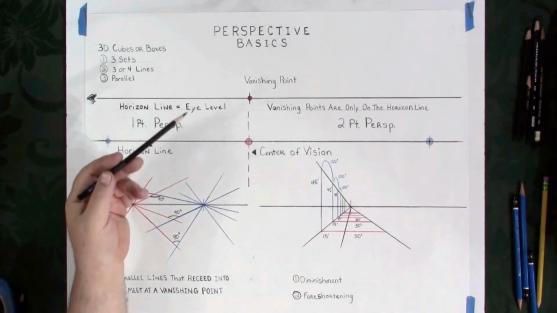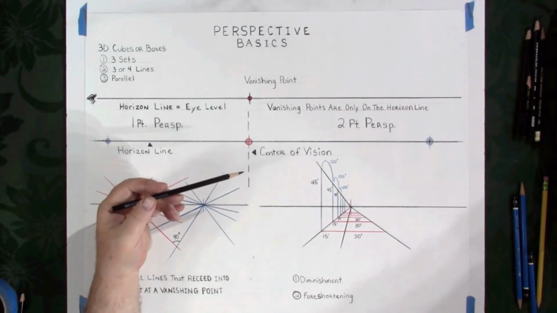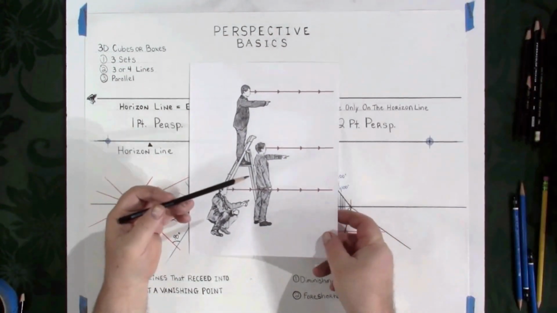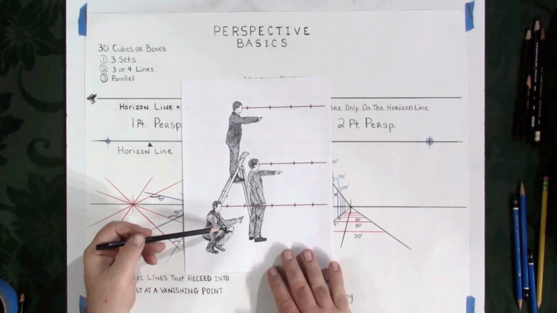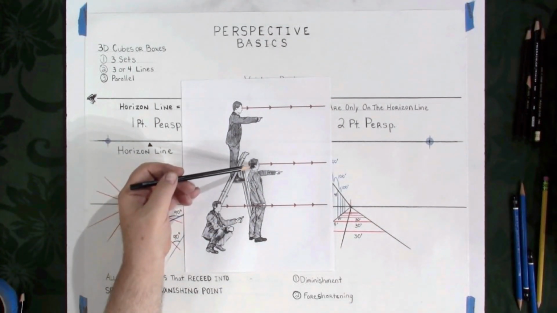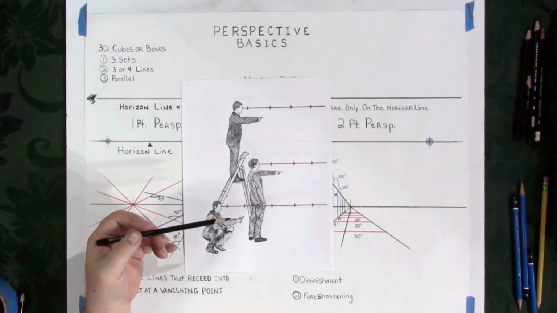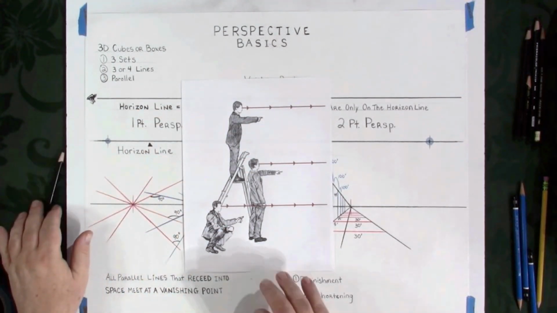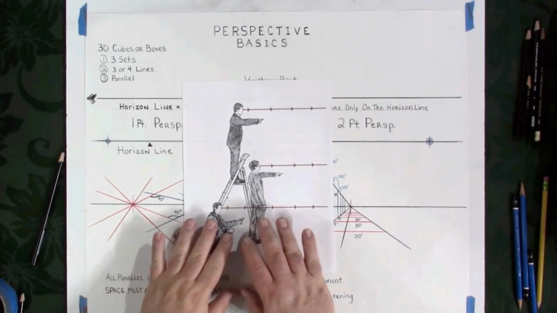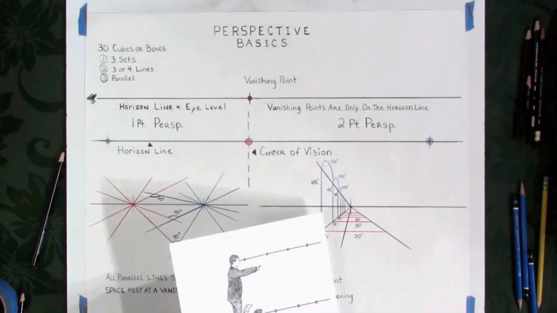If I tried to draw something where I had some still life that was seen while I was sitting, and then I drew on the same plane the view I had when I was standing and the view I had when I was standing on a ladder, it would look very bizarre and mixed up and it wouldn't make sense. We need a consistent eye level, we need a consistent horizon line,